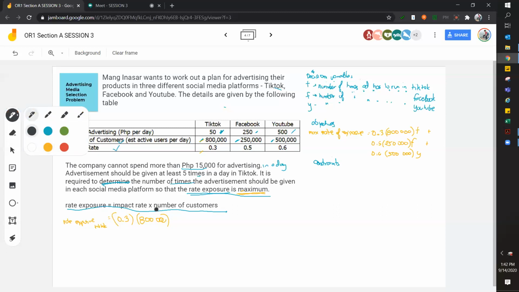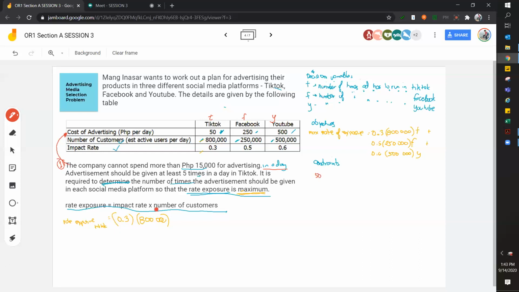Okay. Next, constraint tayo. Ano po yung constraints? Ito yung number 1 constraint natin. Cannot spend more than 15,000. Okay, so spending. So spending is cost. If this is your T, this is your F, and then this is your Y. So, and then nakalagay naman dito in a day. Kaya po kinompleto ko din in a day. Kasi parang ambiguous pag nakalagay ay 15,000. Okay? So, ilagay natin ay